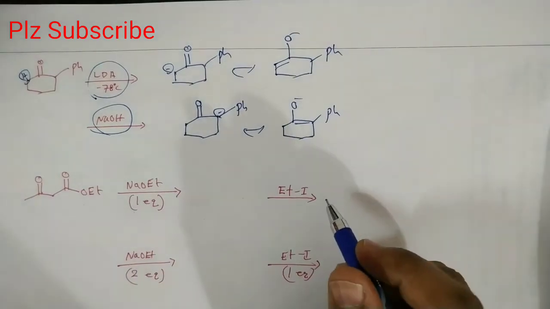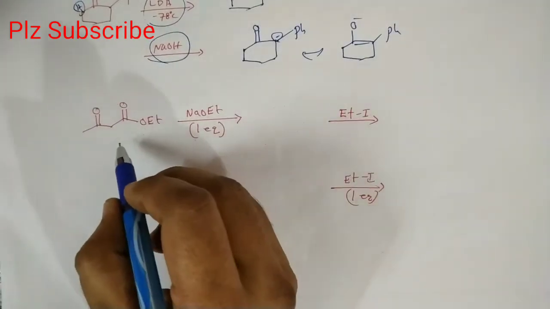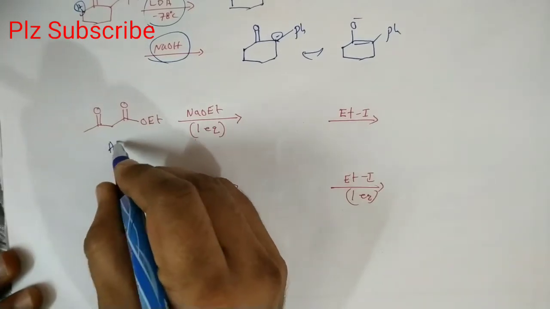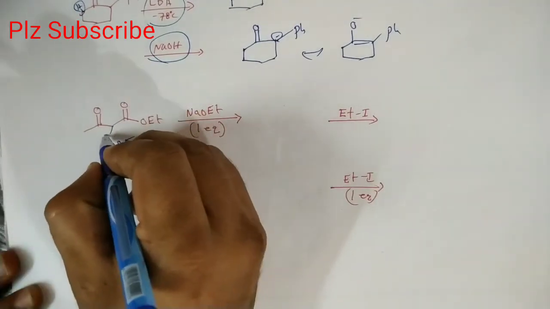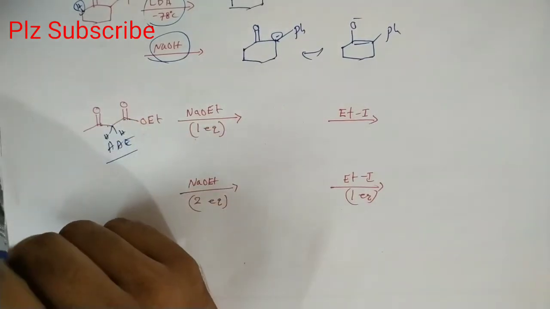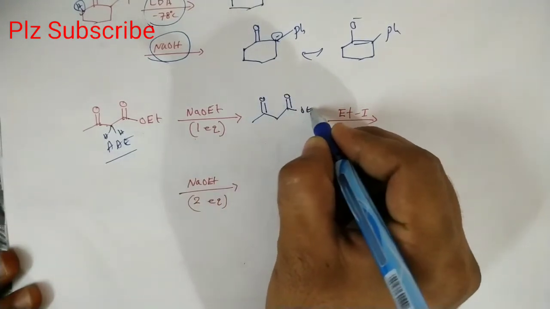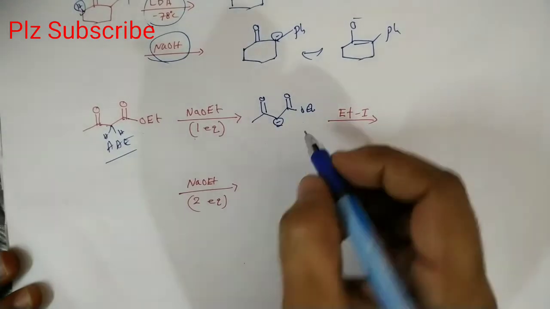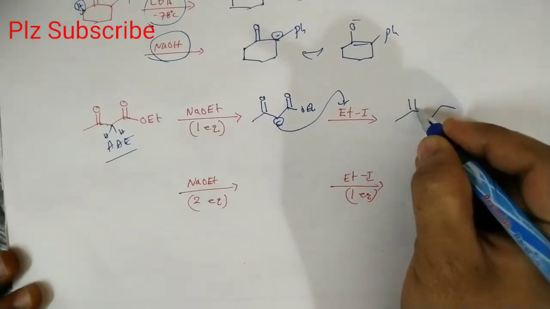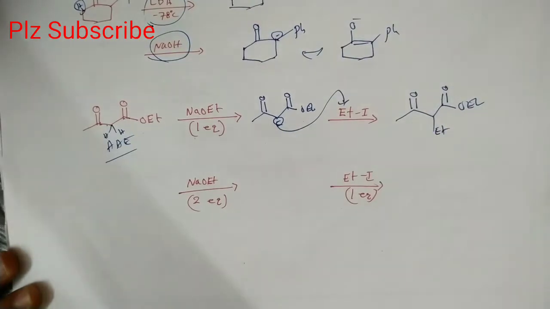Okay, that's it. So next, one more important question, that is ethyl acetate, or acetic ester. So these hydrogens are the more acidic, because these hydrogens are between two electron withdrawing groups. Okay, so first of all that hydrogen is removed, so double bond O here Et, this negative charge. So this negative charge acts as a nucleophile, so an SN2 type reaction takes place, so double bond O here, double bond O here Et, and this is ethyl. Okay, that is the alkylation.